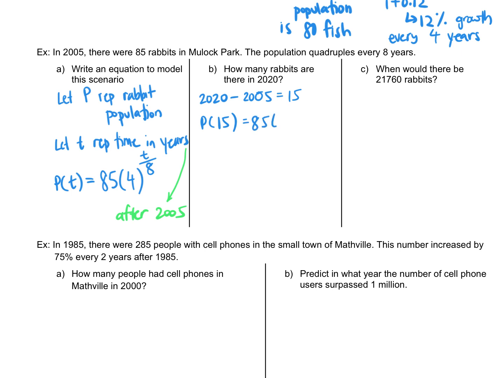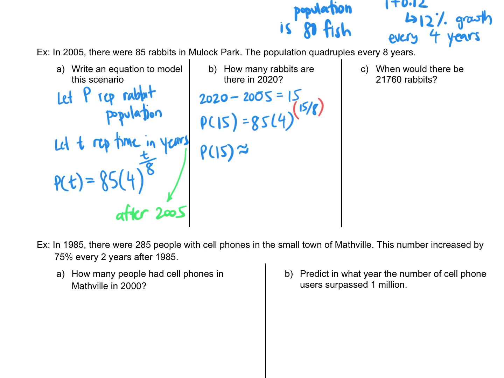All right, now P at 15. I'm going to have 85 times 4 to the power of 15 over 8. Now, I recommend you punch this into your calculator all in one go so that you don't lose any accuracy when you divide that fraction, for example. And when I punch this in, 85 times 4 to the power of 15 over 8, and just a quick note, based on your calculator, you might have to add an extra set of brackets for that exponent. I didn't talk about rounding, but logically, I shouldn't have a decimal of a rabbit. So I got